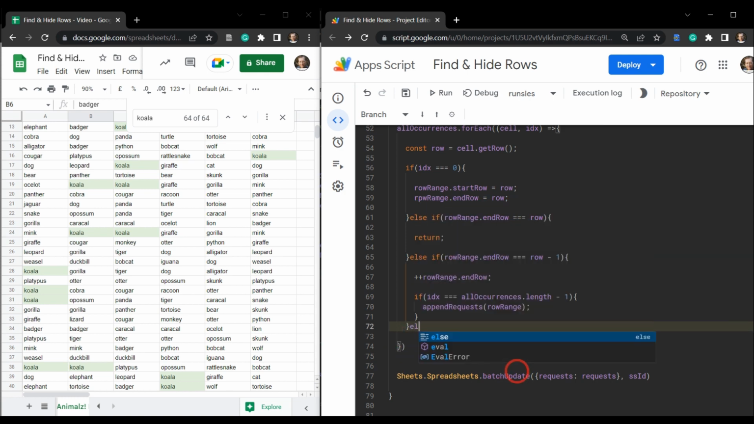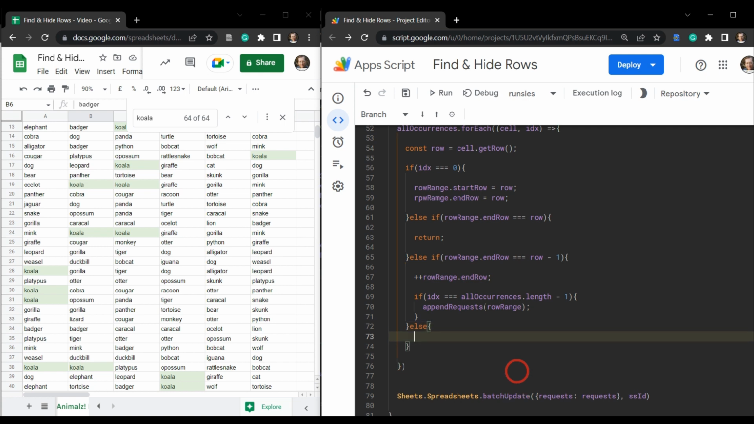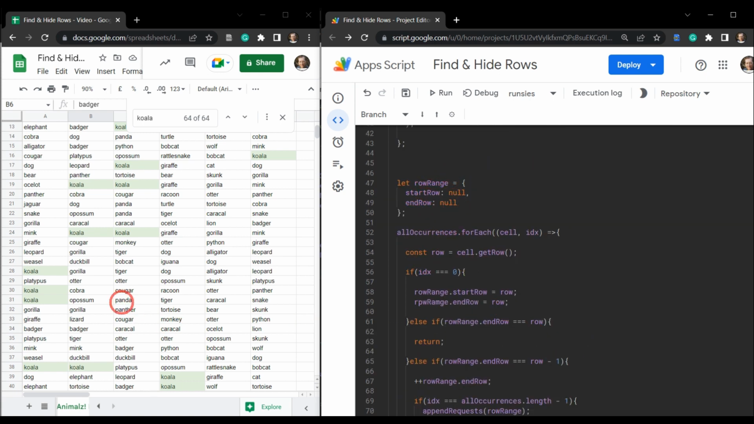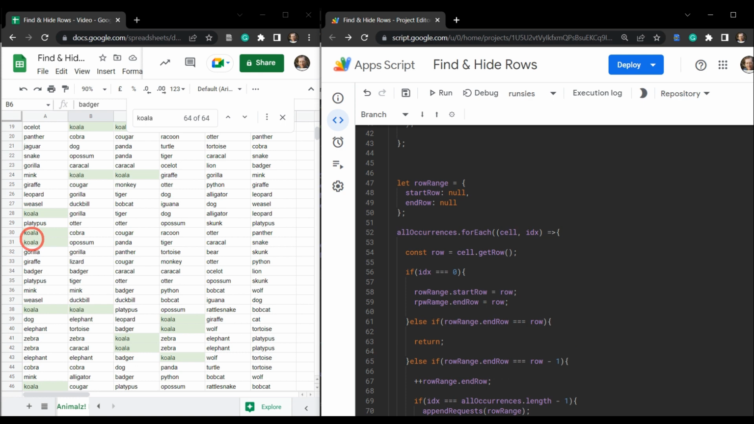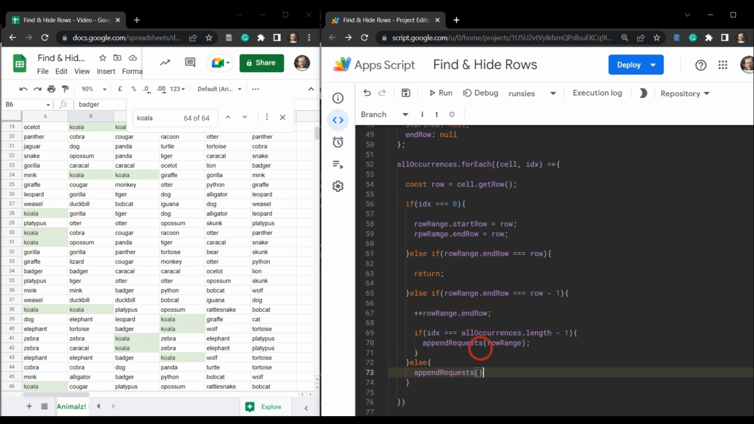Lastly, else, and this condition is going to be the catch-all for anything that is not directly below. So from this 31 through to 38, this will start again, so it'll catch it in this else statement. First thing we want to do is append the previous request. So we'll say append request, and that will do the previous range. So that will just push this one off here if we're starting on 38 now, and that'll send this off to append requests. So we need to put in row range here,